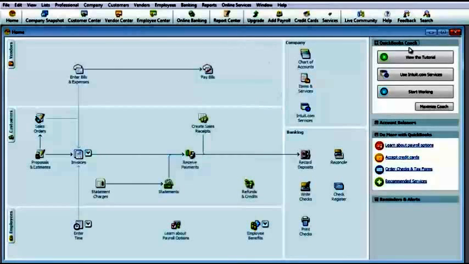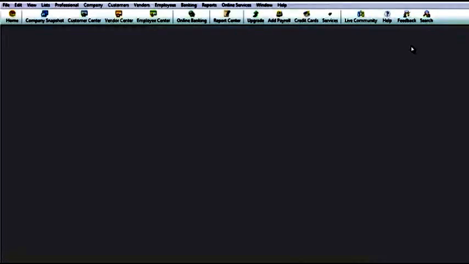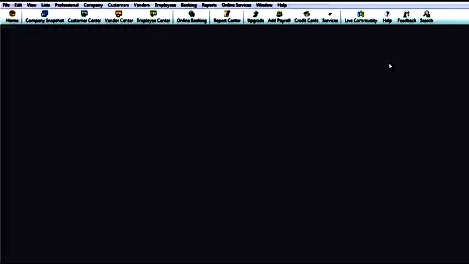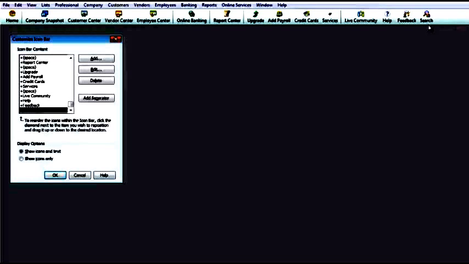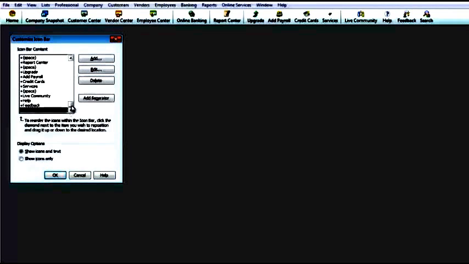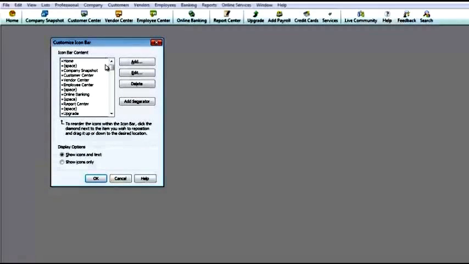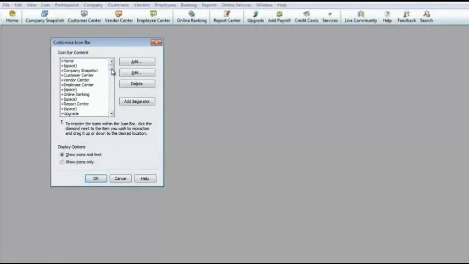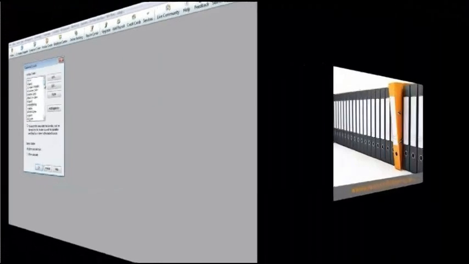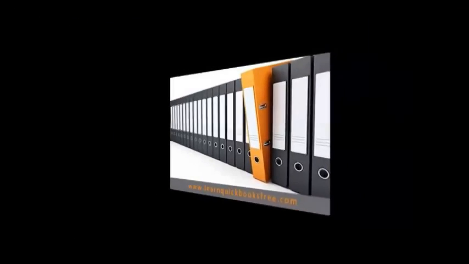Now let's talk about, here we go, I'm going to X this out again. For me, that's more of a distraction for some reason than help. So you have the icons over here, and we're going to customize those right now. The way we do that is we're going to go over here, right click on empty space, and hit customize icon bar. And then over here we get to see the different categories that it shows. Okay? And that concludes the first